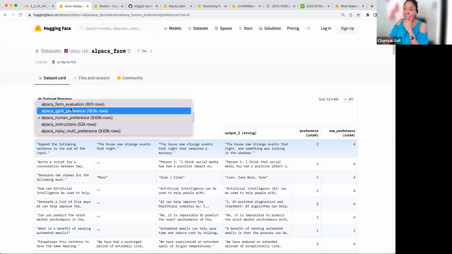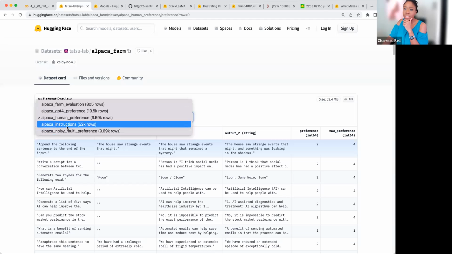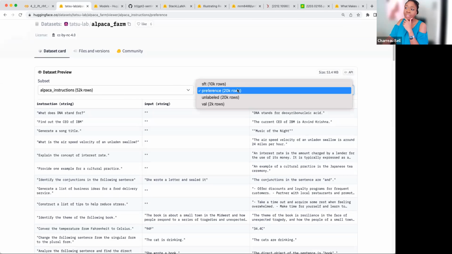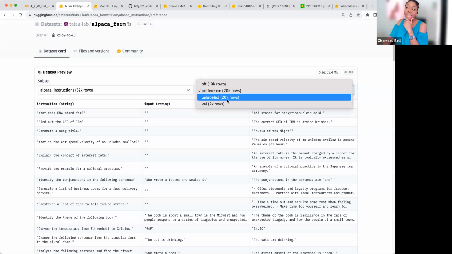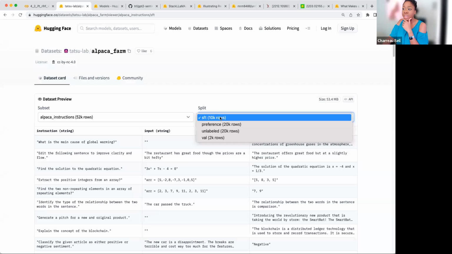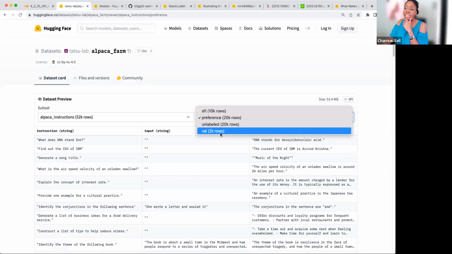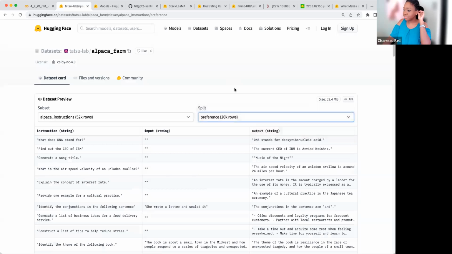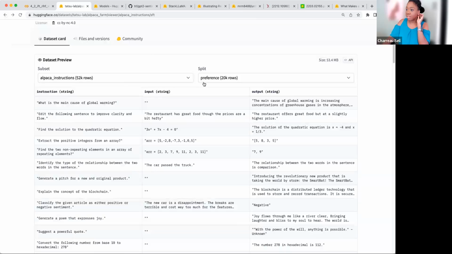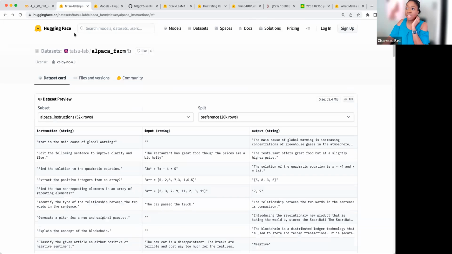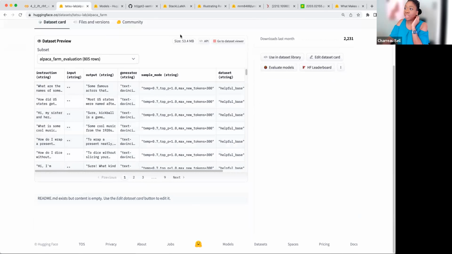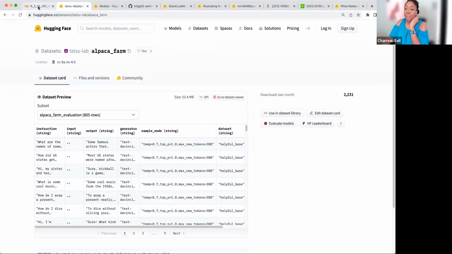So where's that original one? I think it's this one. This is the original Alpaca. So 52K, and they have these different splits that are reflecting some portions of the data. So this will be something that's reflecting the supervised fine tuning in particular, some of the preference, and then we'll have to figure out what the rest of these are. It may say down here. Nope, no model card, unfortunately. Probably will be in the paper.